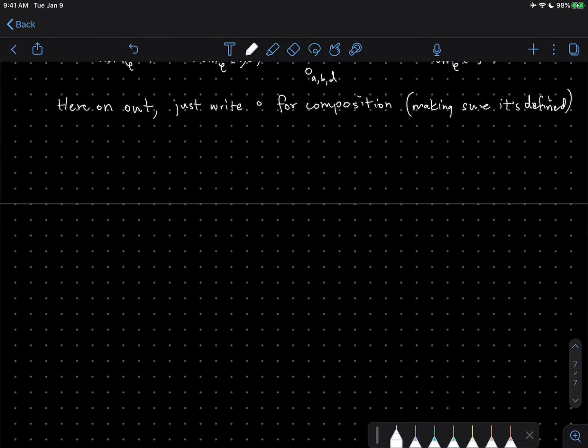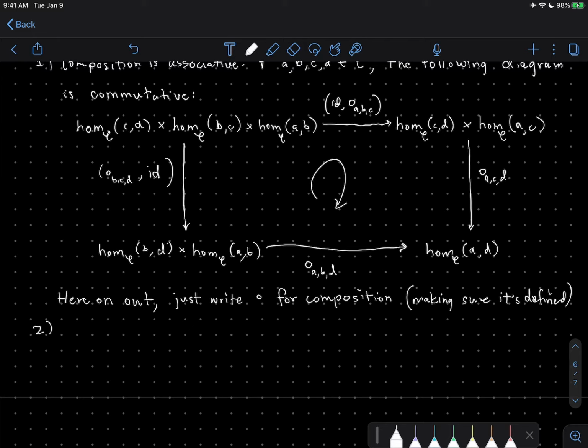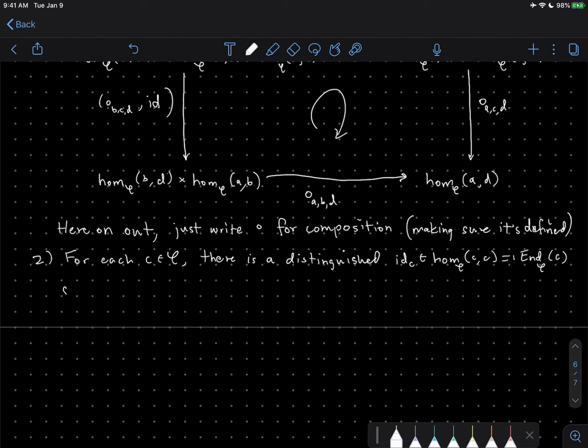The second condition, which I promise is just a condition, it's not extra data, is that for each C in script C, there is a distinguished morphism called the identity of C, and this is in the Hom-set from little c to itself, which we could sometimes write as endomorphisms of C, and this is characterized uniquely by the property that